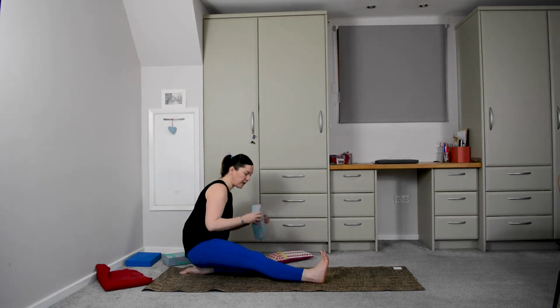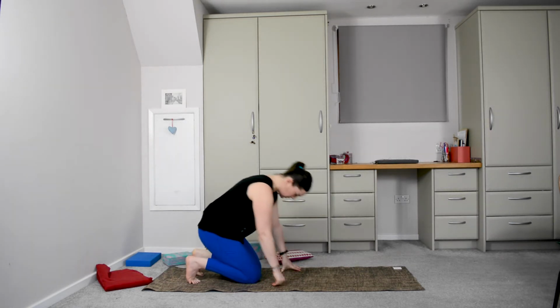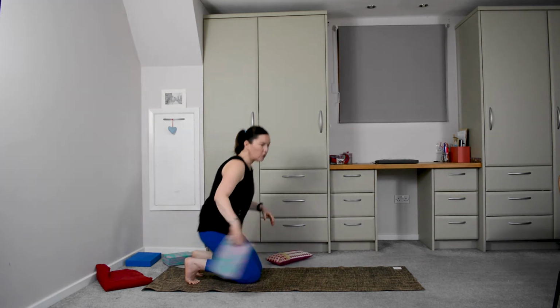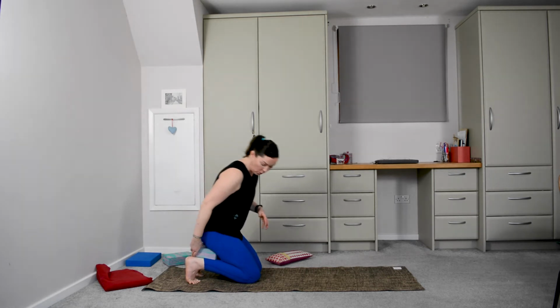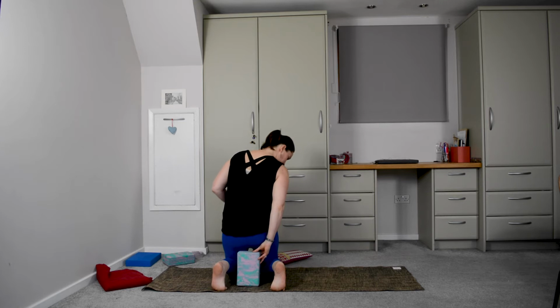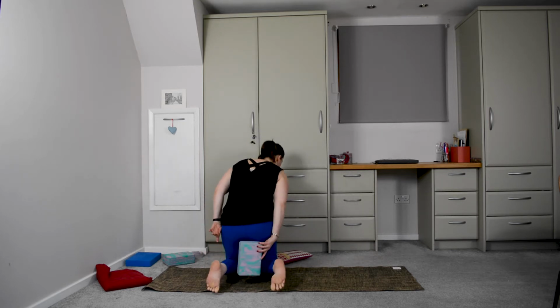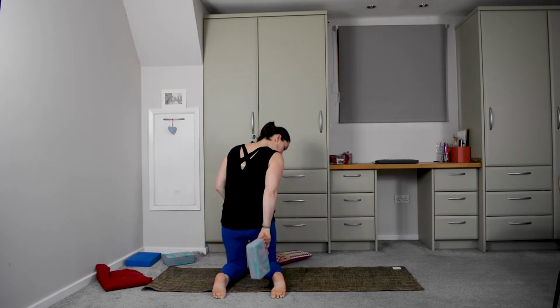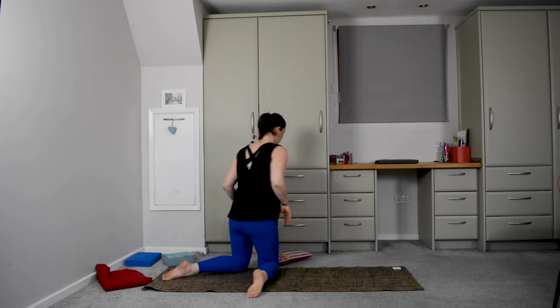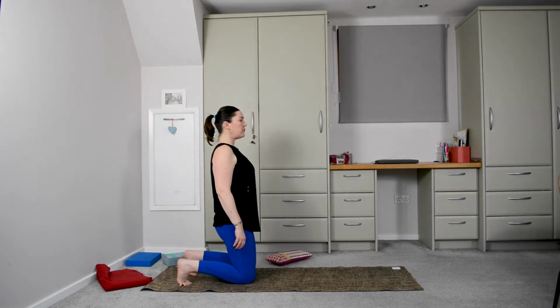Weight onto the left leg, release the brick out to the side. Come back, tuck the toes here. That's an option. You may also want to sit onto a brick if that's more comfortable for you, or actually separate your feet and have your brick this way so it's a little bit more bearable for your toes. Alternatively, just sack it completely out and have the feet flat, but you're still onto your shins. So wherever you are here,